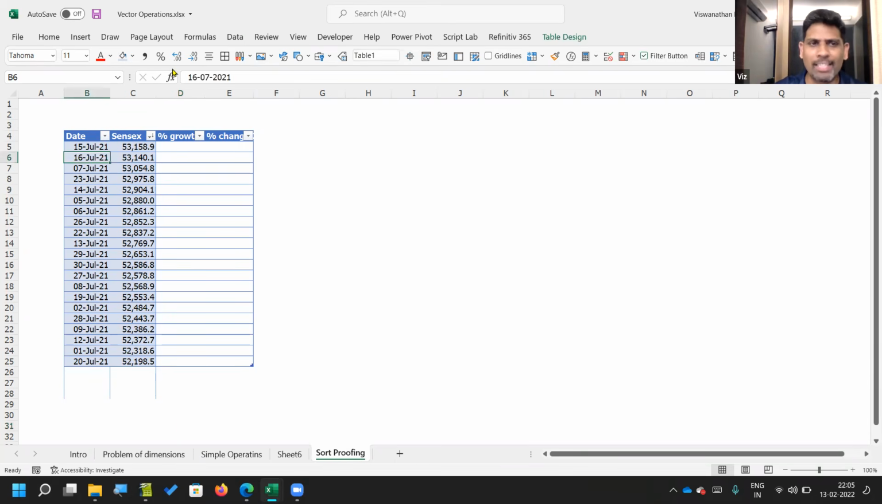Now I have my Sensex data from 15th July to 20th July, right? It's actually not 15th July to 20th July. Let me sort this properly first. I have the data from 1st July to 30th July. Now, if I'm going to calculate growth rate, daily returns, the way we normally calculate daily returns is current cell